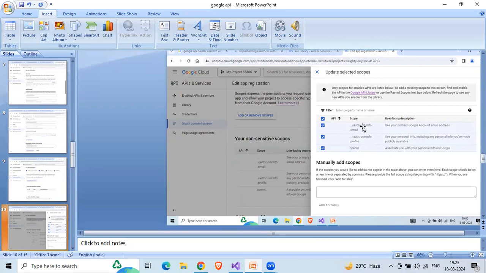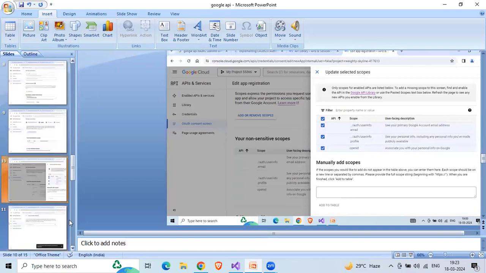So I have taken these two, and OpenID that is associated with the Google ID. So these three pieces of information I'm going to fetch from the Google account, and I want to save them in my database. These three will be fetched after login, and Google authorizes only these three. If I want more, I have to select it from the Google API library,